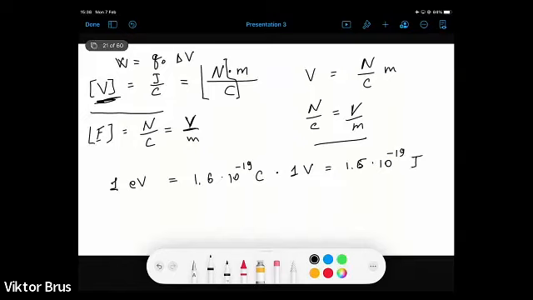So in order not to operate with such small numbers, 10 to minus 19 is quite not convenient for practical reasons, this electron volt unit is introduced, and when we deal with very small energies, like potential or kinetic energy of elementary particles, we operate with electron volts. So now let us